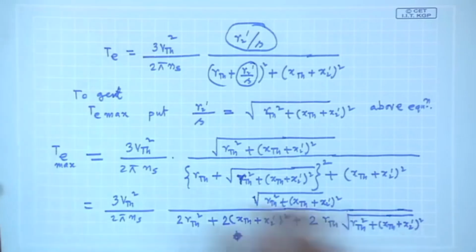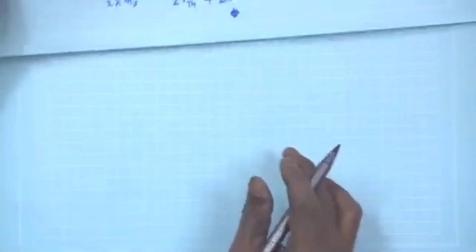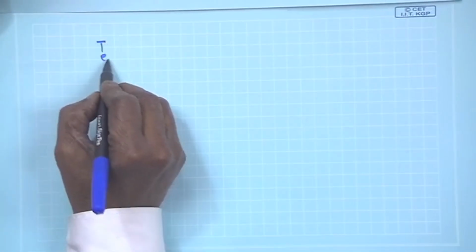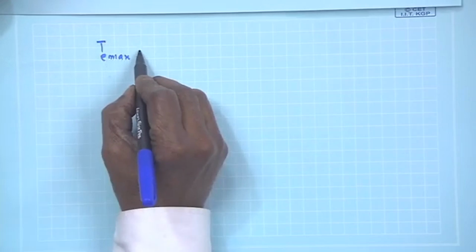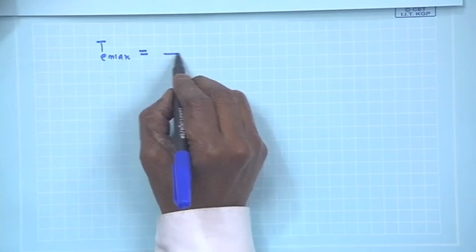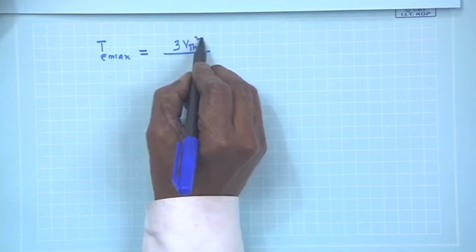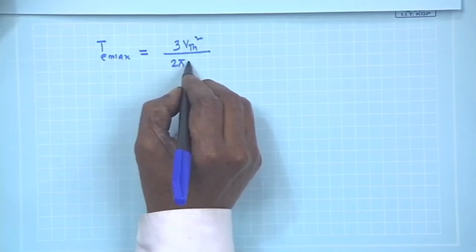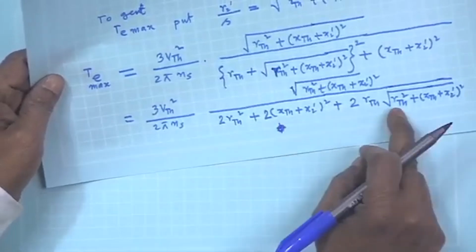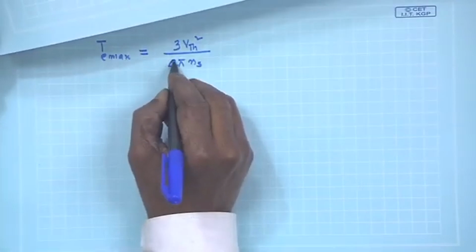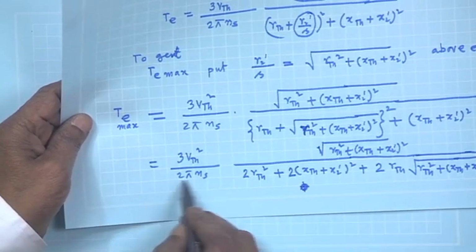Now, what we will be doing is very straight. Now, I know what to do. So, T E max, the maximum value of the electromagnetic torque will be 3 V Thevenin squared by 2 pi n s, and you see there is a 2 you can take common. So, that it will become 4. I will write it like this, 2 and this 2 pi n s,